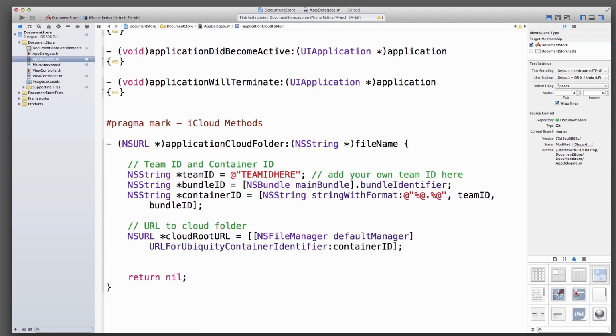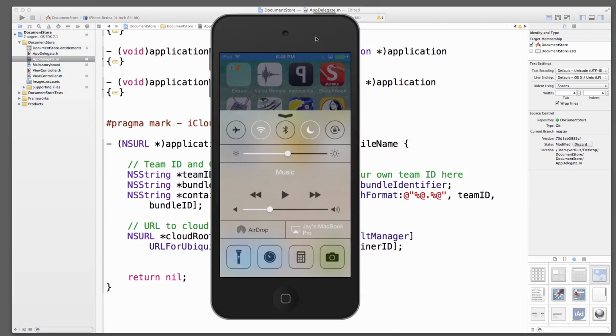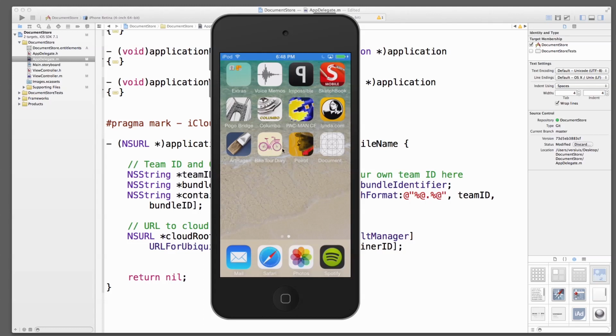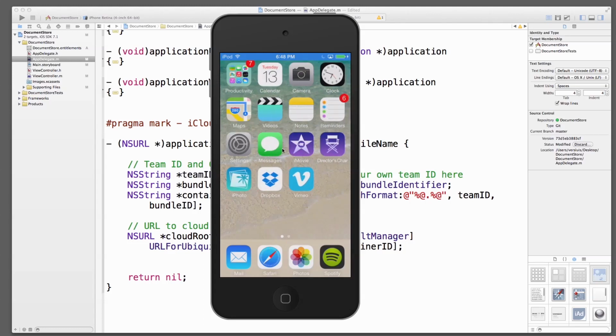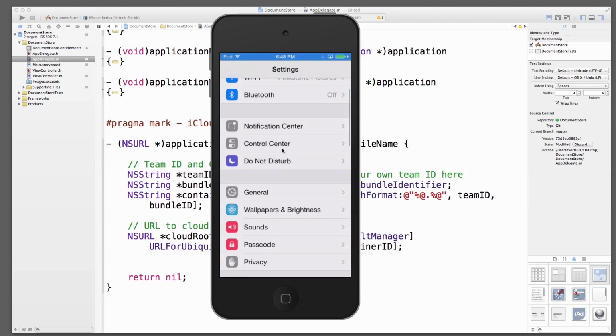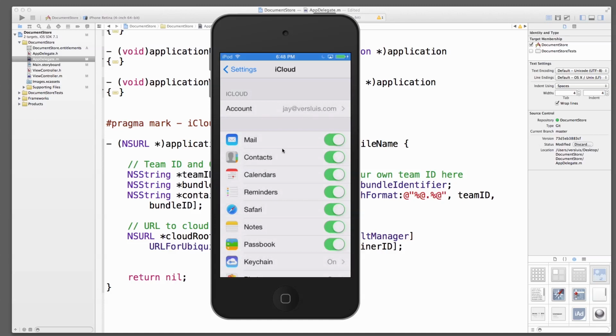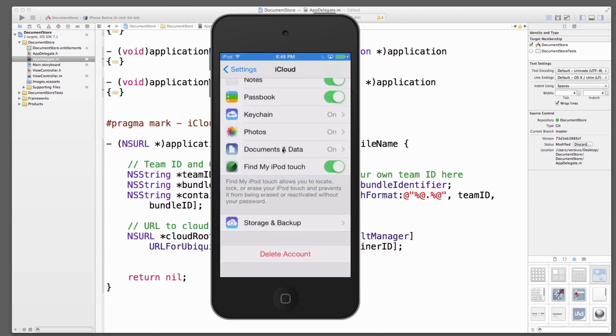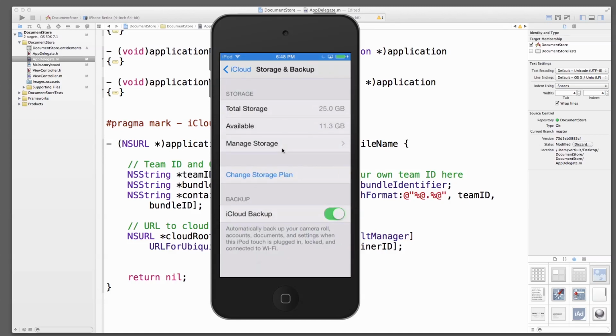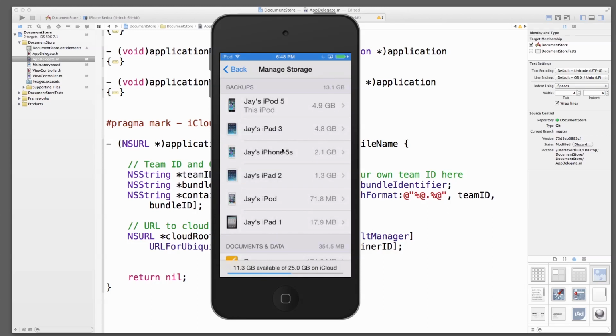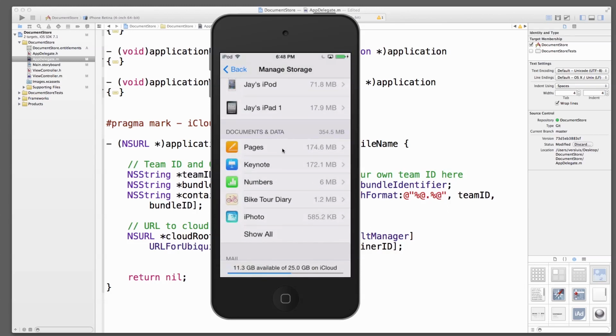You may have seen this on apps, that when you go and head over to settings, and in fact maybe I'll show you. Here's my real device. The simulator won't be able to show you this. If you head over to settings and you find the iCloud section here, and you're logged into an iCloud account, on the bottom here you find this section storage and backup. This is a bit convoluted here. You head over to manage storage and you find all your devices here, and then down here you find this